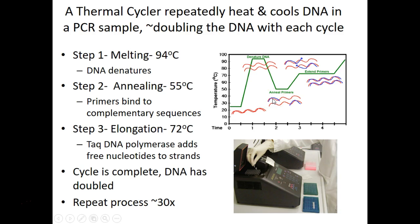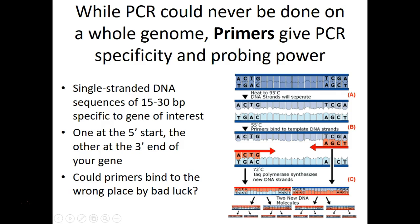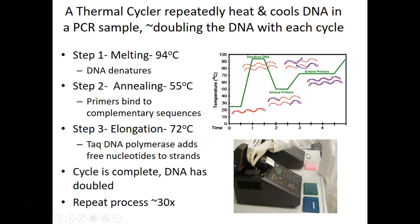And the primers bind, and then we heat to the ideal temperature for Taq polymerase, the DNA polymerase, and then Taq polymerase grabs the primer and makes a copy of DNA using little nucleotides, little pieces of A, C, T, and G, copying from the primers, yeah? And once it's done, we've taken one strand of DNA, we've made two, and then we can go back to